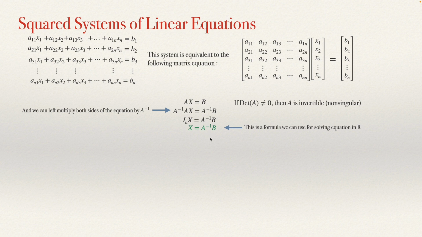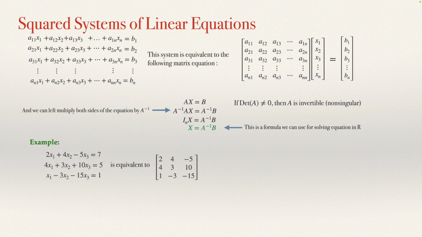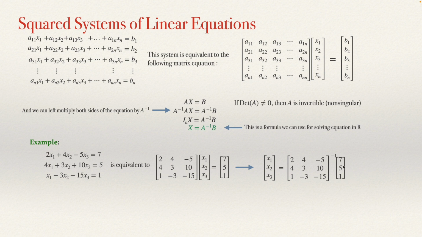Here I will show you how to use R for solving a problem like this. If we have a question like this, a system of equations, we know that this system of equations will be equivalent to a matrix equation in which the matrix A will be the matrix of coefficients. And this multiplied by the vector of unknowns will give you the vector of constants that appears at the other side of the equal sign. So the solution will be the vector of unknowns equal to the inverse of the matrix of coefficients, multiplying by the vector of